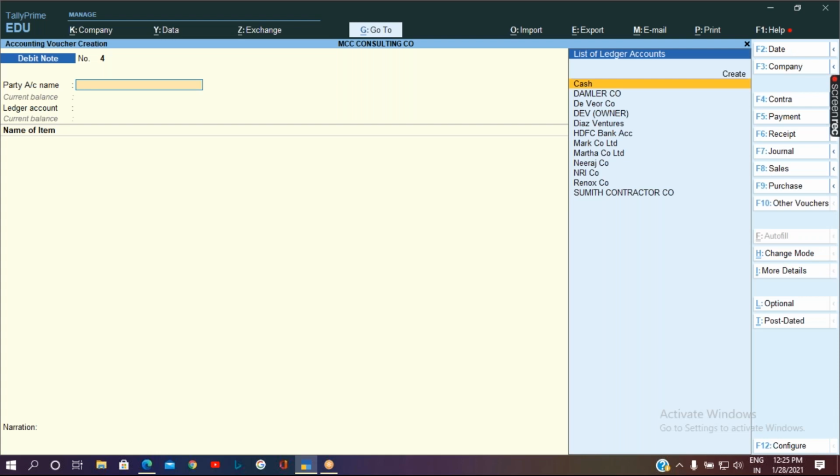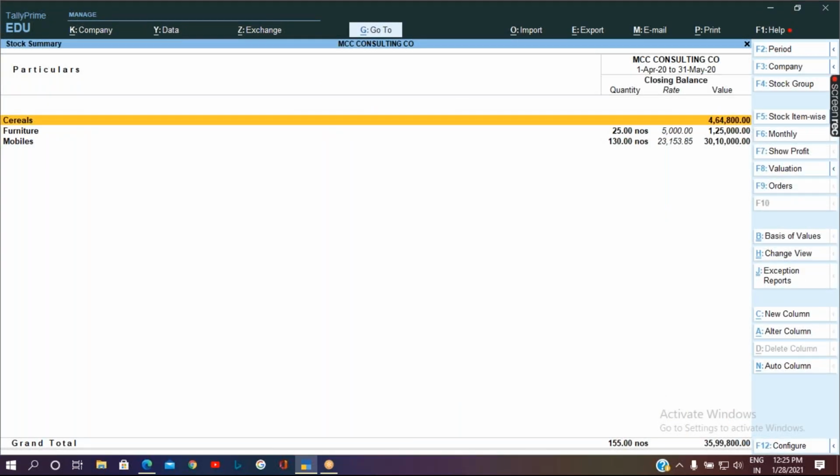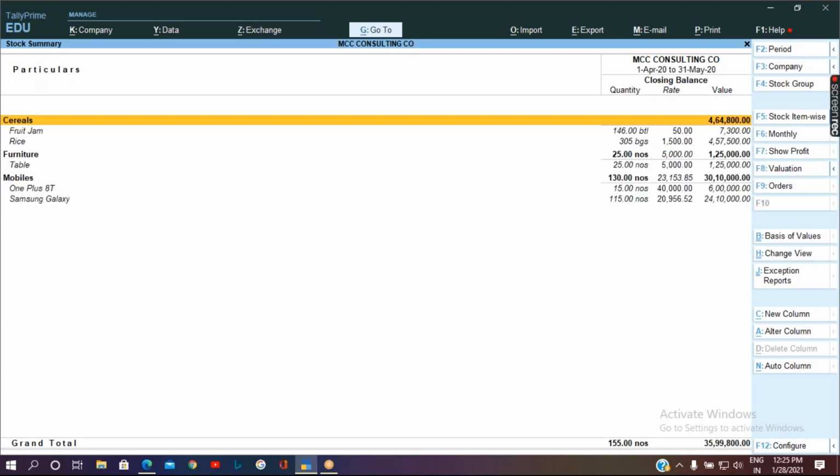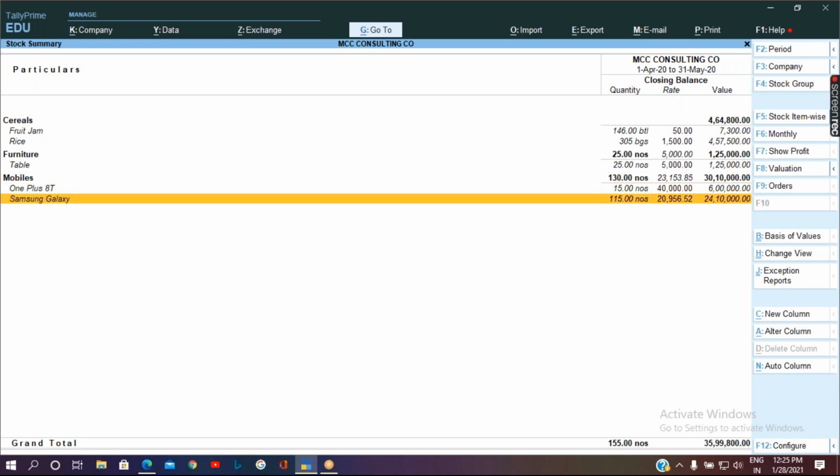So now come to the Gateway of Tally, and also you can check it out with Stock Summary, where you can check it by going to the Go To option itself. So let's check it out. Alt F1. So here the Samsung Galaxy is now available with only 115 numbers.